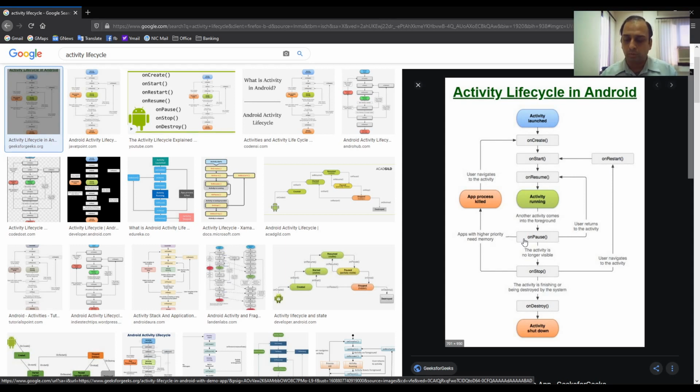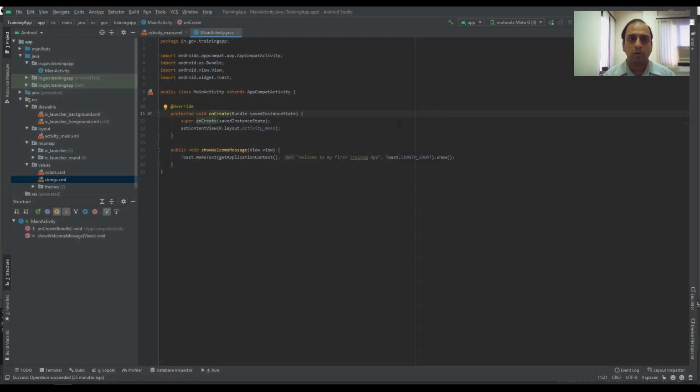If you are using Bluetooth, the camera, or sensors, you should release those resources, because once your activity is paused, those resources should not be blocked by your activity. Otherwise other applications will not be able to use them. And again when it is resumed, you can start using the camera to take pictures and so on. So this is just an example of how onCreate, onResume, onStop, onDestroy, all these things work.